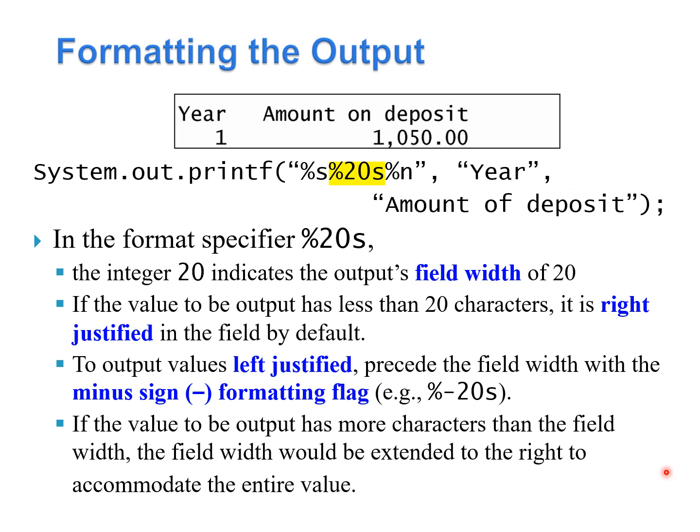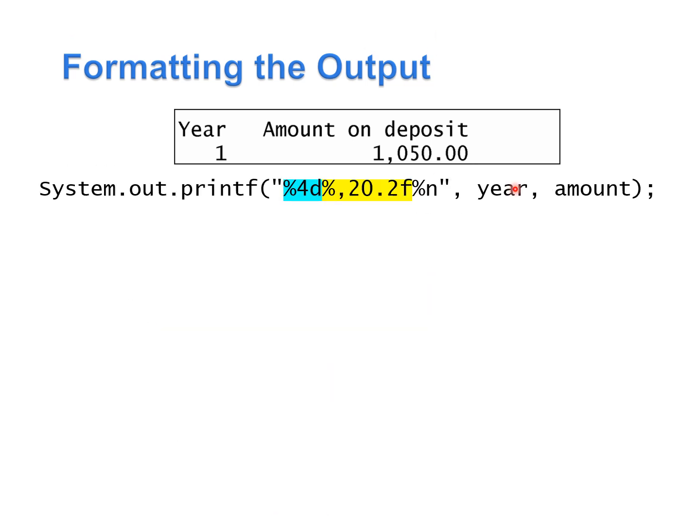If the value to be output has more characters than the field width, then the field width could be extended to the right to accommodate the value. In the second printf statement in the Interest.java program, which prints out the value of year and amount in each